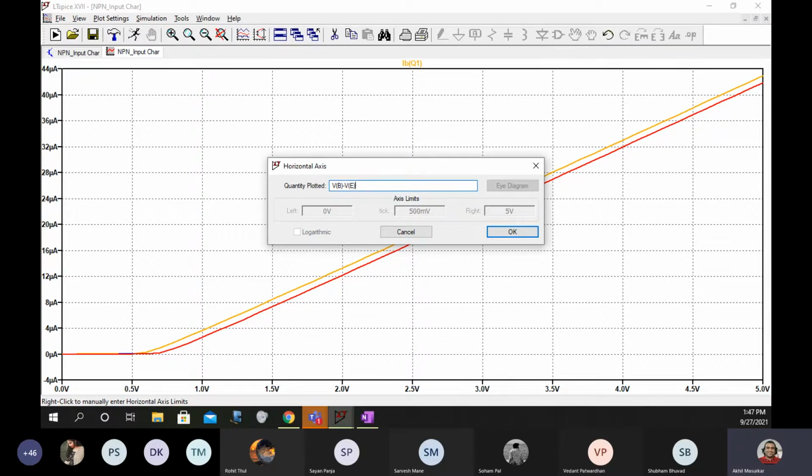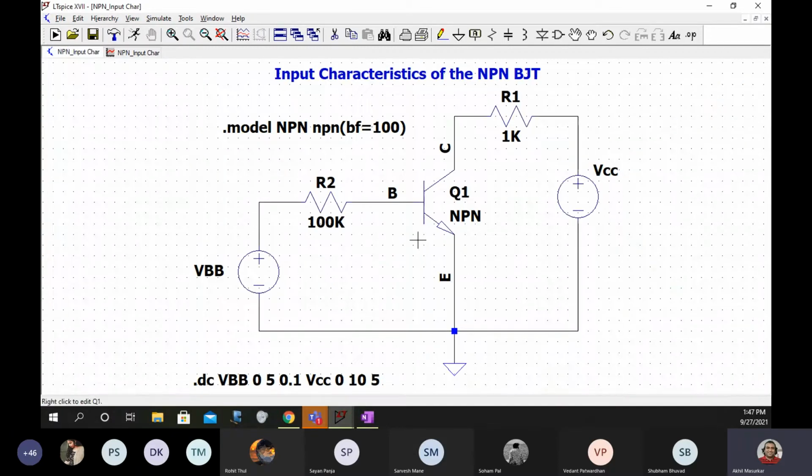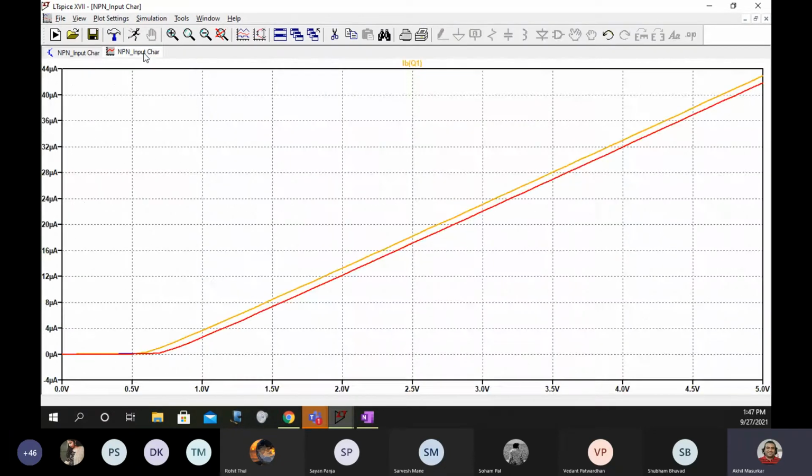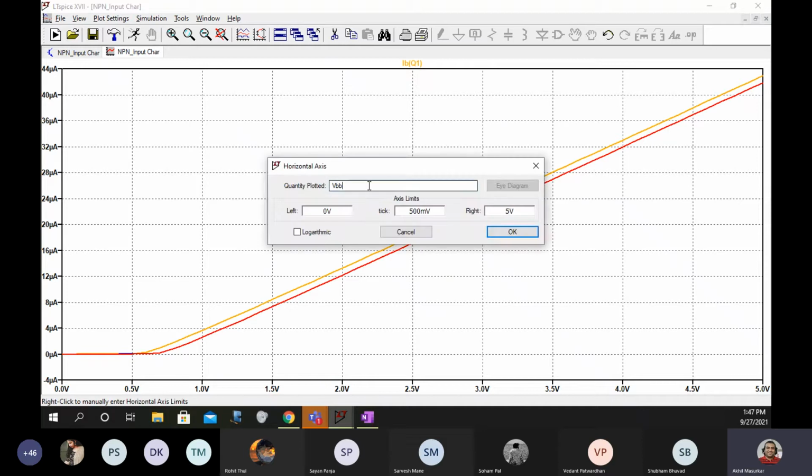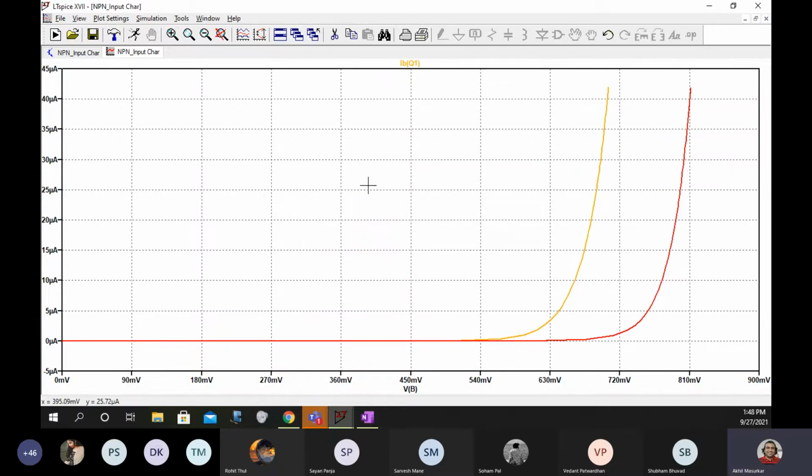But you can see V of E is already connected to ground. So actually the voltage at the base itself is VBE. So I'll right click here and I'll write V(B) and then say OK.